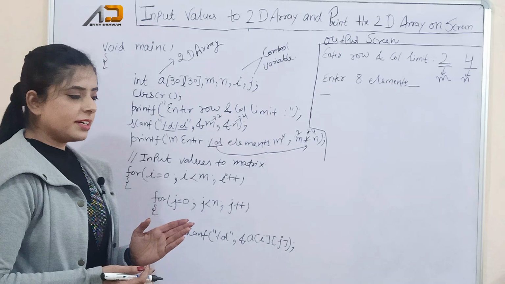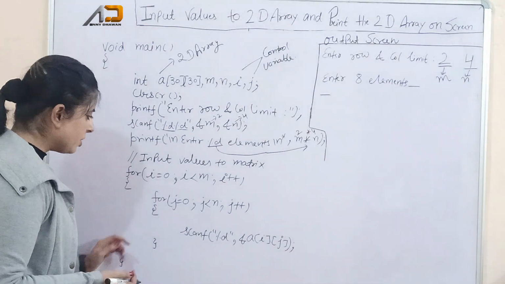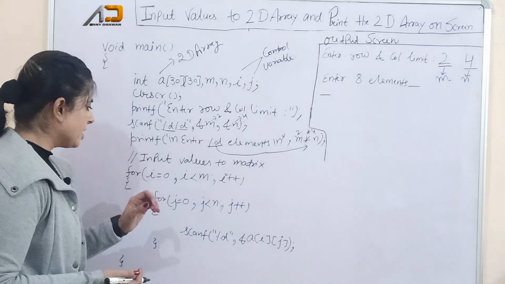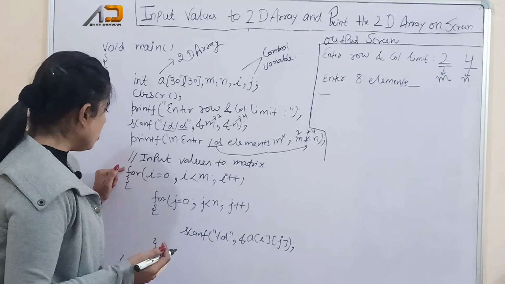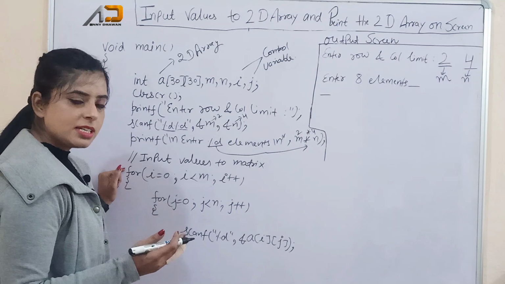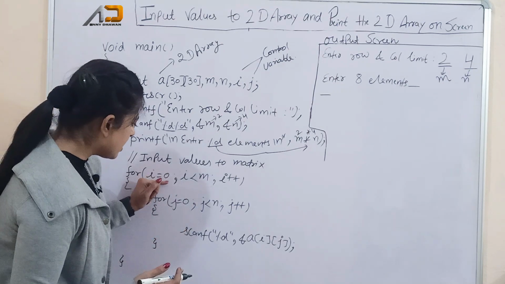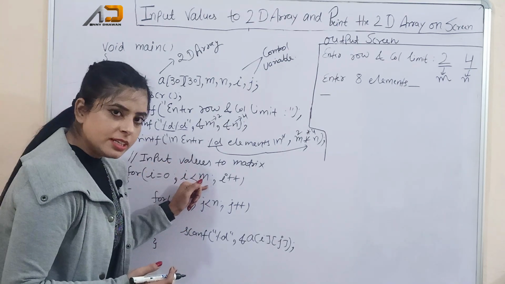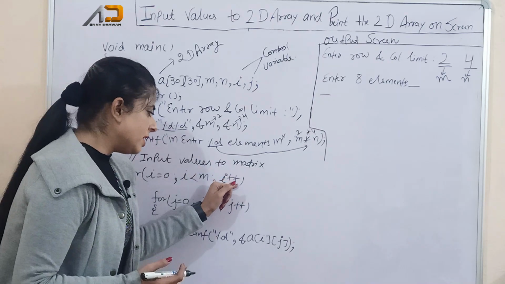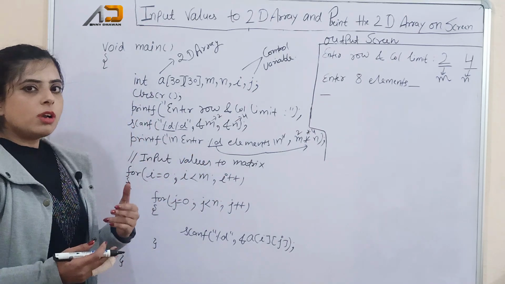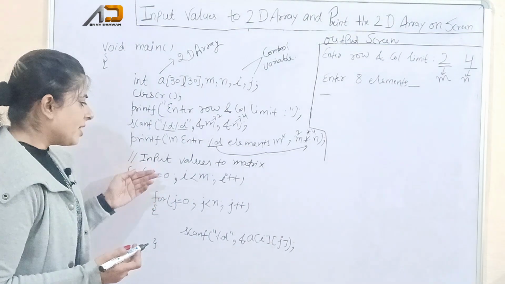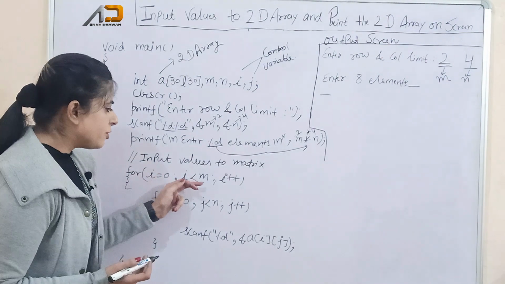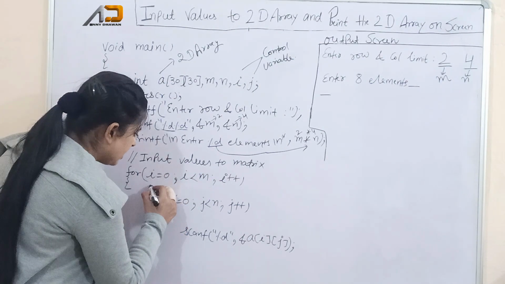Now let's understand how this input code will be executed. I have used a for loop here, and we all know that a for loop contains 3 partitions: the initialization part, then the condition part, and then the jump part. A for loop always starts its execution from the initialization part and moves from left to right until it